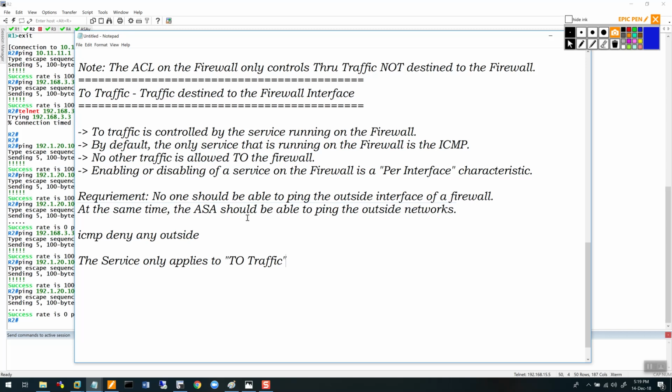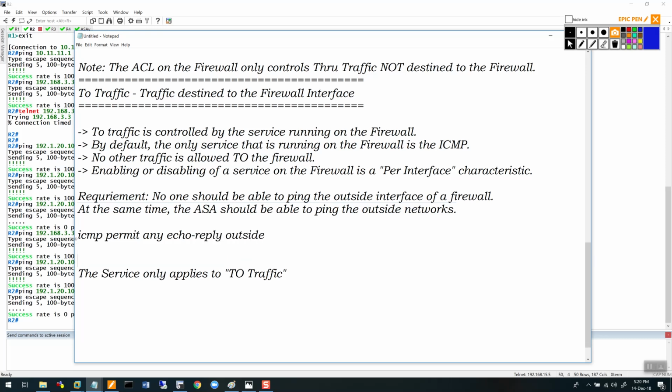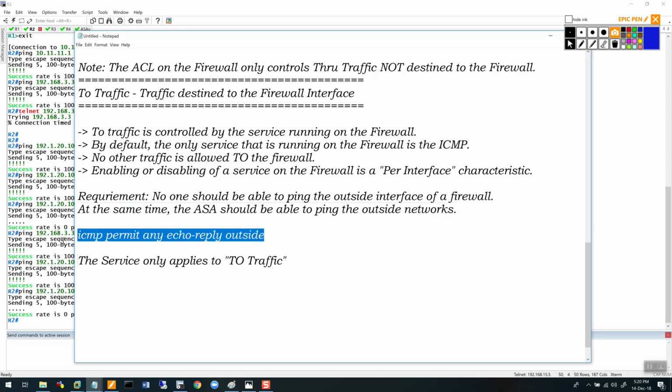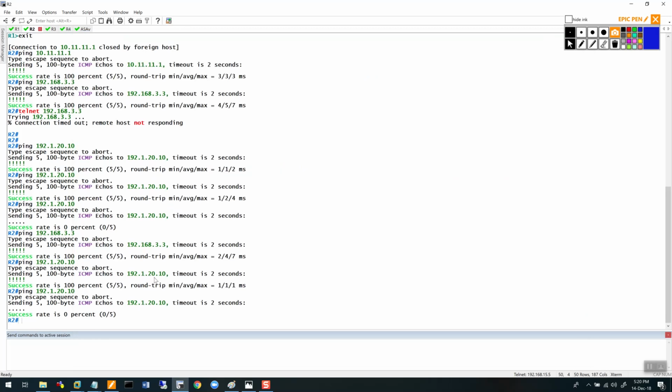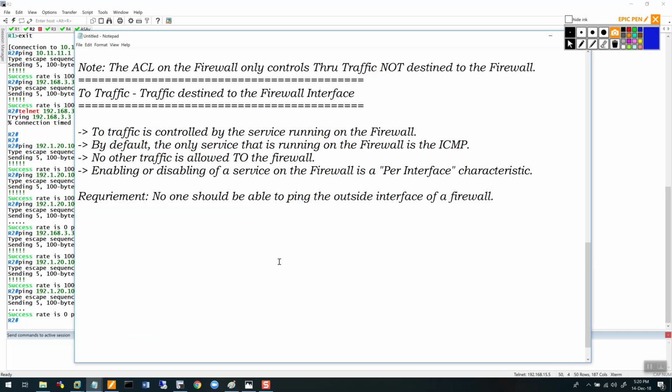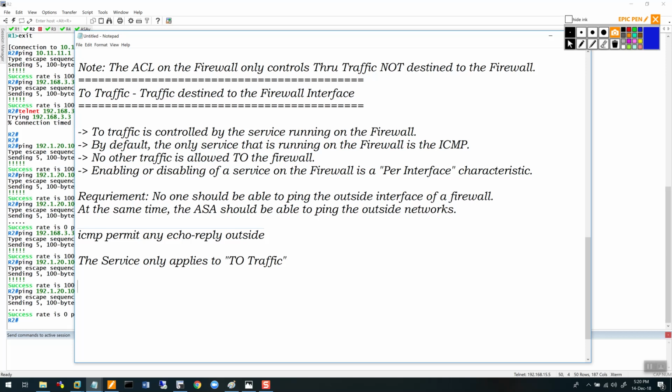The only service that allows you to do any type of packet to the firewall is ICMP. So to do this, I didn't do this one. What did I do instead? I said ICMP permit any echo reply to the outside interface. As I said, it's per interface, so it will not apply to the inside. Inside, everything is working. It's just the outside that I'm doing this on. So if you want to do this on the inside or the DMZ, you would do it on a per interface basis. So to recap, the main objective of this particular lab,